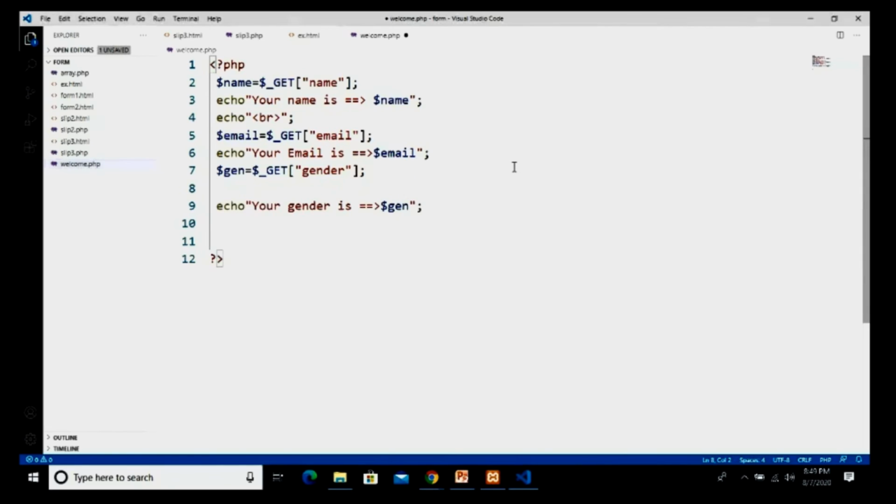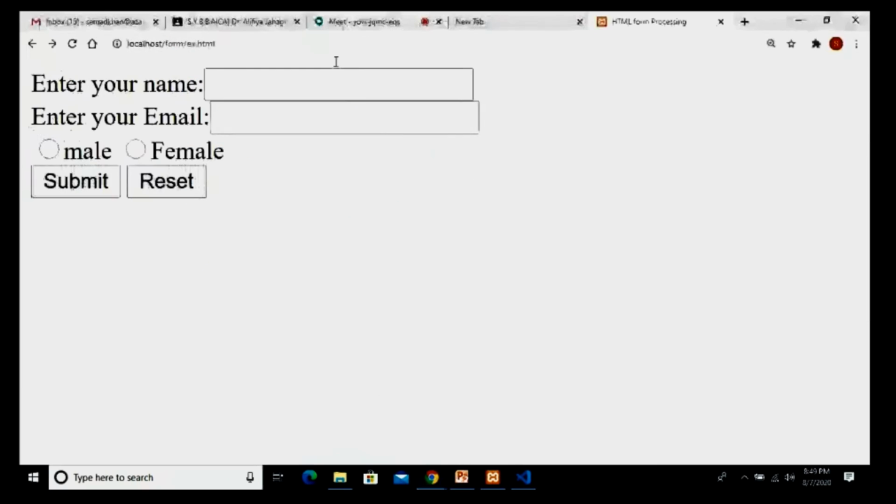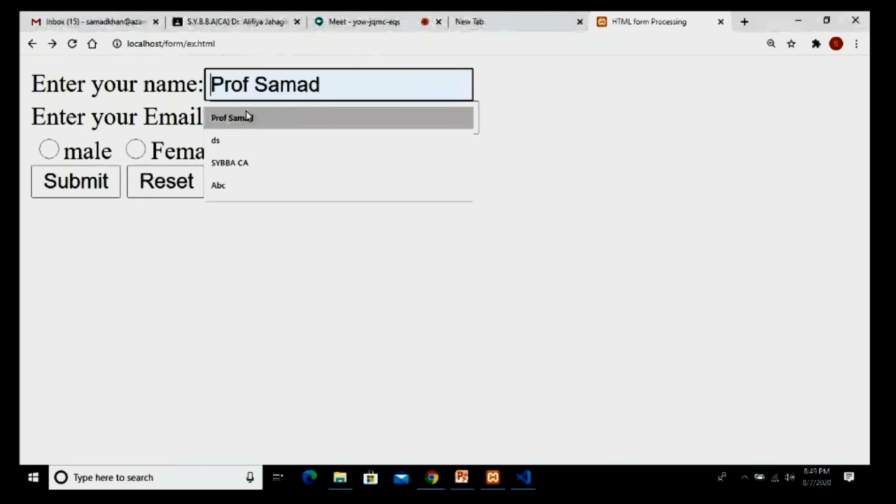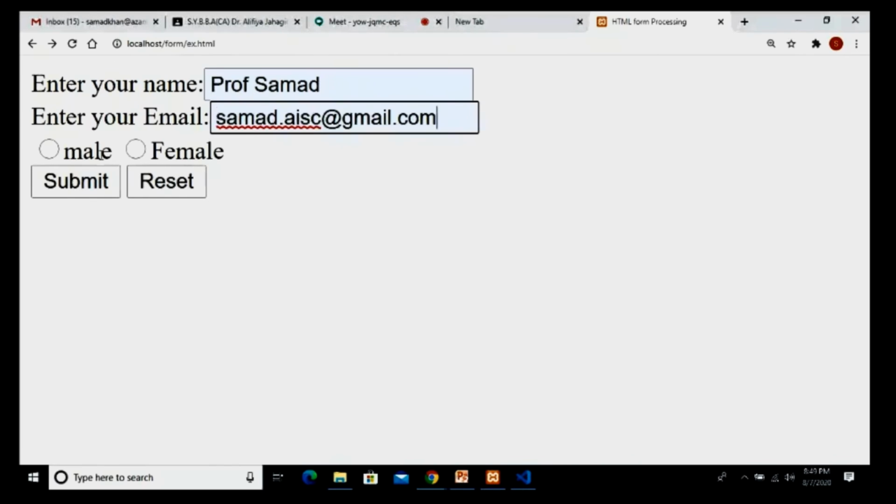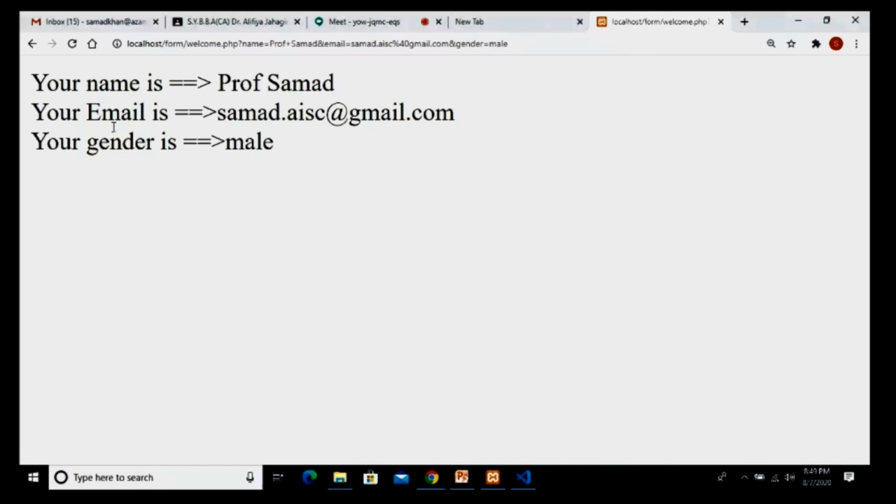Here I will just give one new line, that is my BR, ending with a semicolon. I save my program. I go to my browser. I just reload my page. I take my name, my email ID, and I select one, that is male, and I press submit. So this is your output.